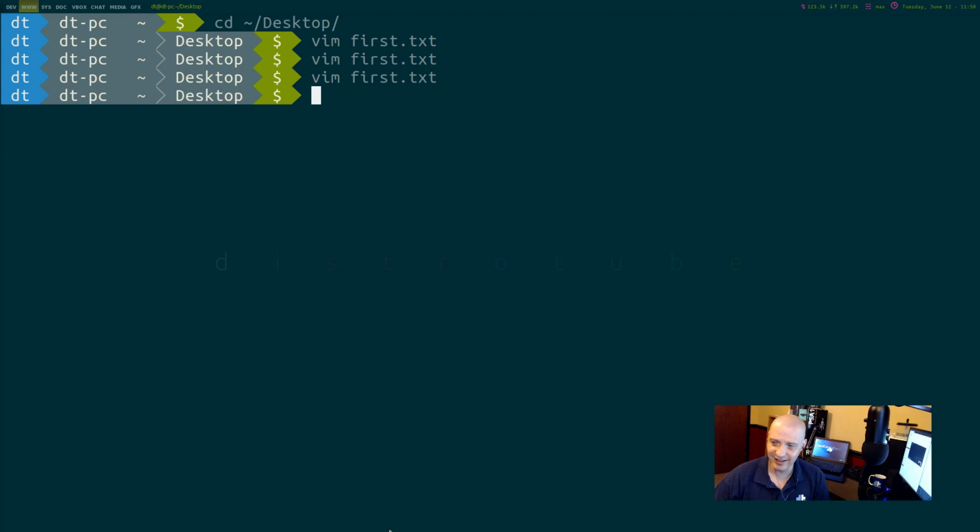Now that's confusing, right? So don't get into VI or Vim unless you really know what you're doing, but sometimes you do accidentally get stuck in these things. Some distros don't have Nano on the system. They only come with VI, especially the really minimal installs. And you might get into a situation where you need to edit some plain text file and your only option is VI. That's how you quit.